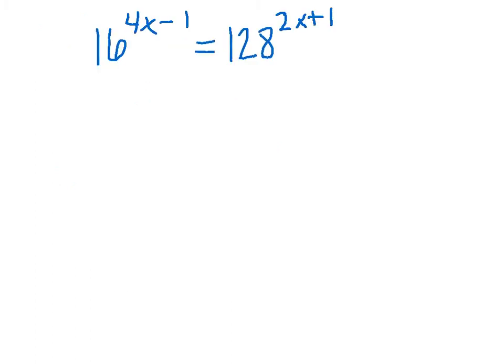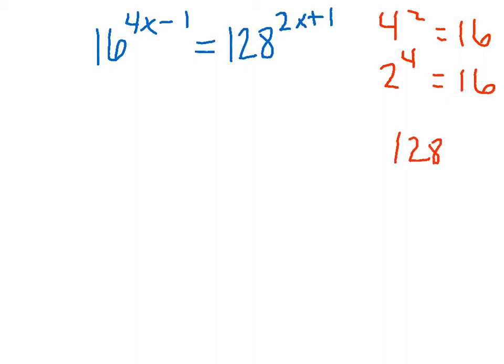Here's another one to try. I've got 16 and I've got 128. I might not be quite certain about the relationship here, but again, I see bases on both sides, so I'm going to think about it. If I don't know some powers, I'm going to think, all right, 16 is 4 squared, so I might consider 4 as a base. I also know that 16 is 2 to the 4th power, so I also might consider 2 as a possible base. So I'm going to look at 128, and I'm going to divide it